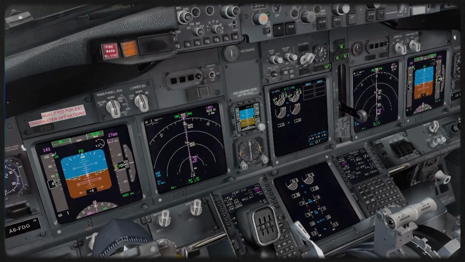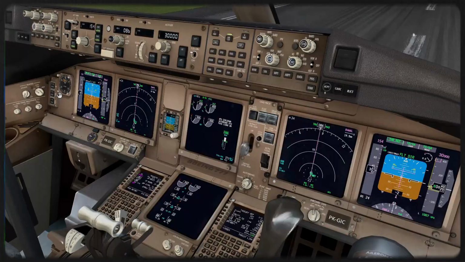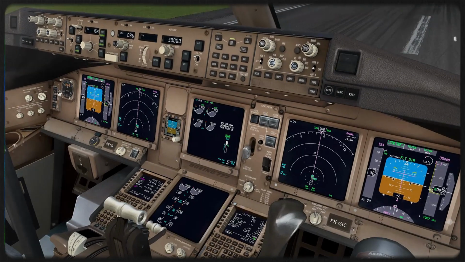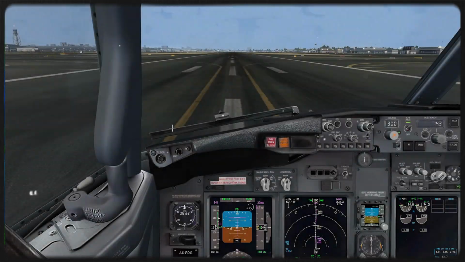Runway 24 left, set for takeoff. Departure wind 270, 18 gust 27 for takeoff, runway 23. V1,